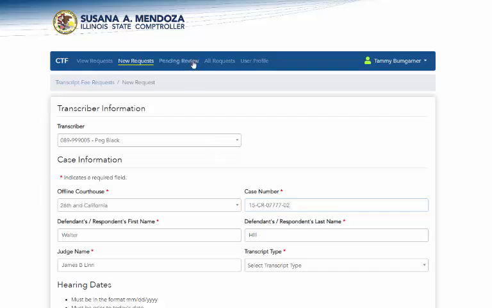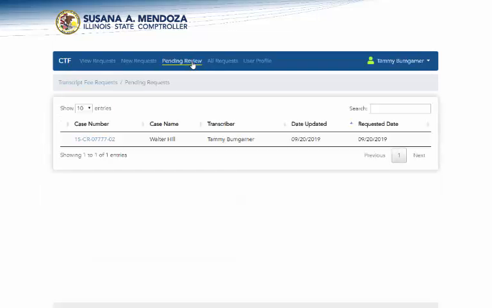So this next menu is Pending Review, and this is where you're going to spend some time. Anything that is waiting for your approval for any courthouse that you are added to is going to show up here. Right now I have put in some information from one of the vouchers that came in to our office already to be paid. I used that specifically so I could have a Cook County example. You're going to want to click on the case number